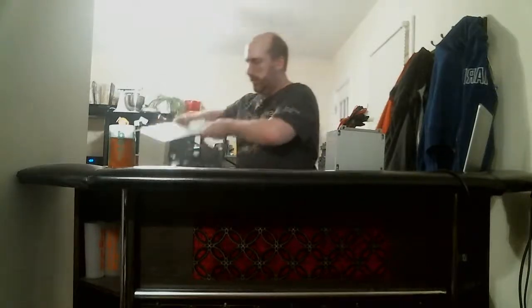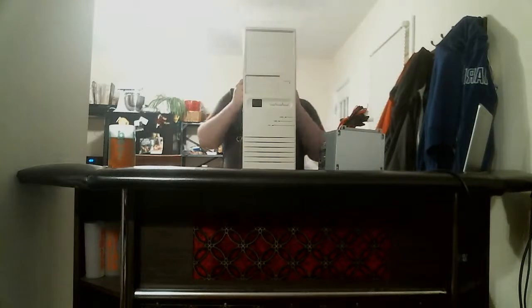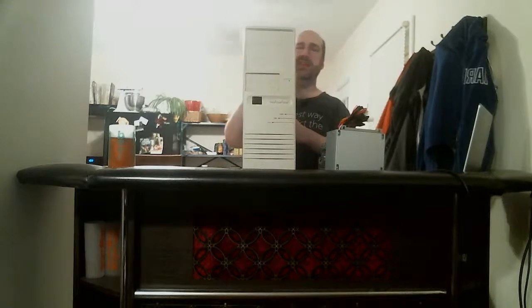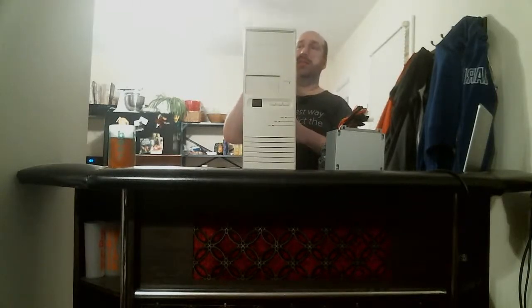So that's the case we're going to use. This case got banged up a little bit by UPS and was already banged up before it was shipped with UPS, which means I can't really claim anything, because there's an eBay seller based out of California that's selling a lot of new old stock PC cases, and they're not cheap. PC cases in general are not cheap,